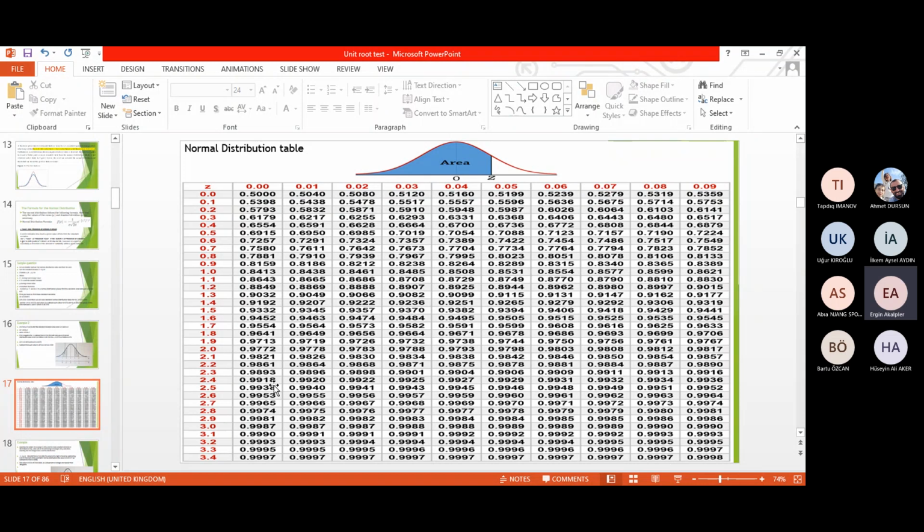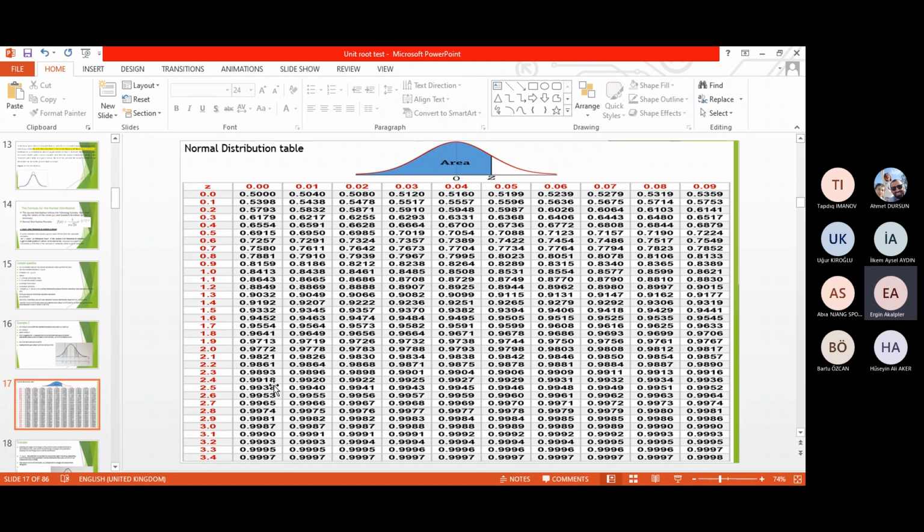Are you seeing the figures now again? Yes. Okay, did you get these 2 and 0.5 figures on the second vertical line? For the 2 it is 0.9772 and for the 0.5 it is 0.6915, because this is taken from the midpoint. As you are seeing, this is a bell shape, and on the midpoint is 0.5, and after the 0.5 you are adding some points. Therefore, for the 0.5 we have 0.6915,